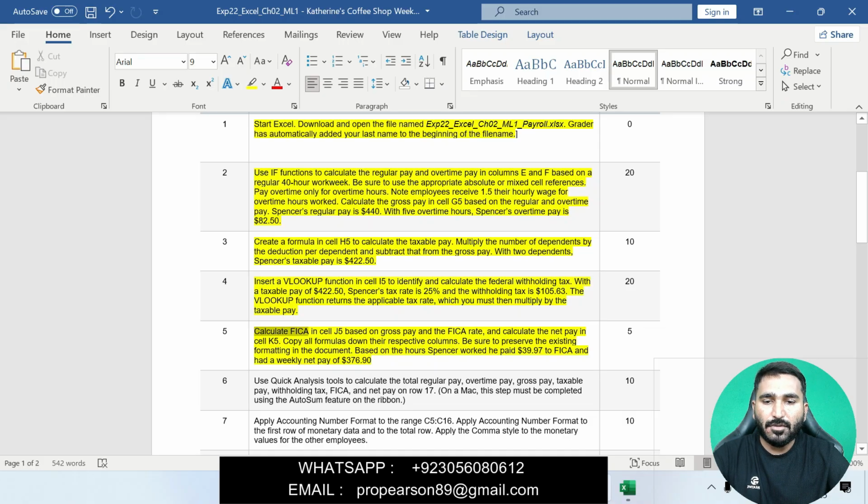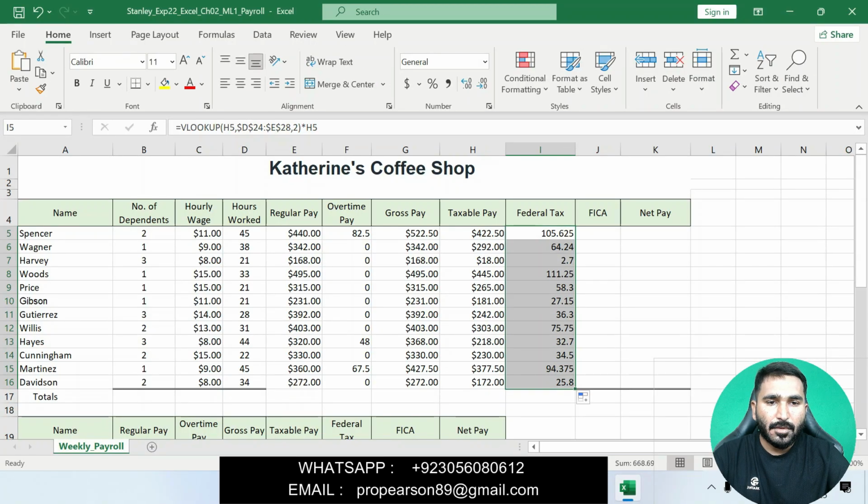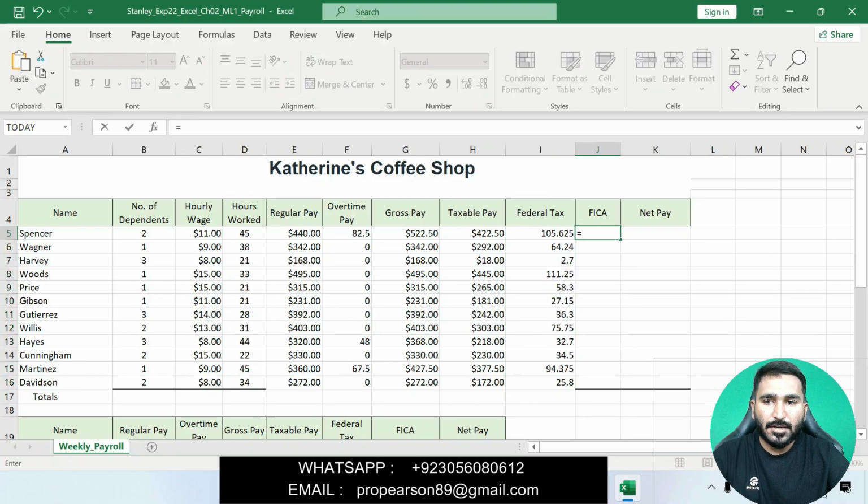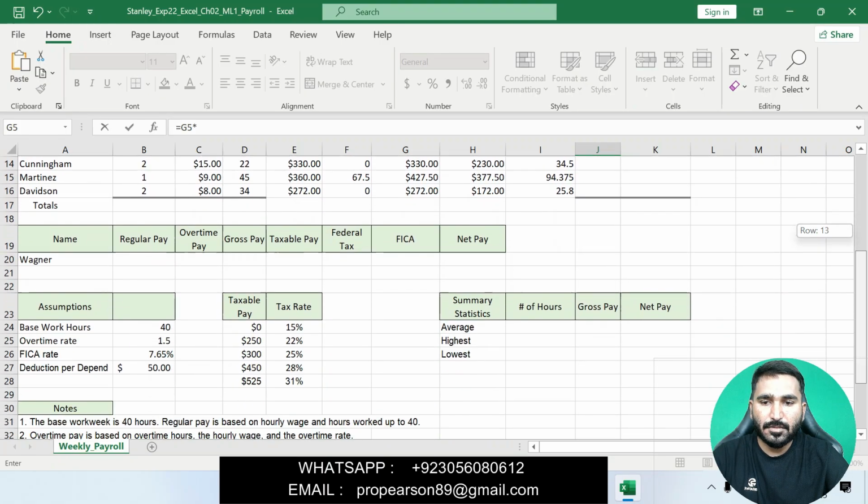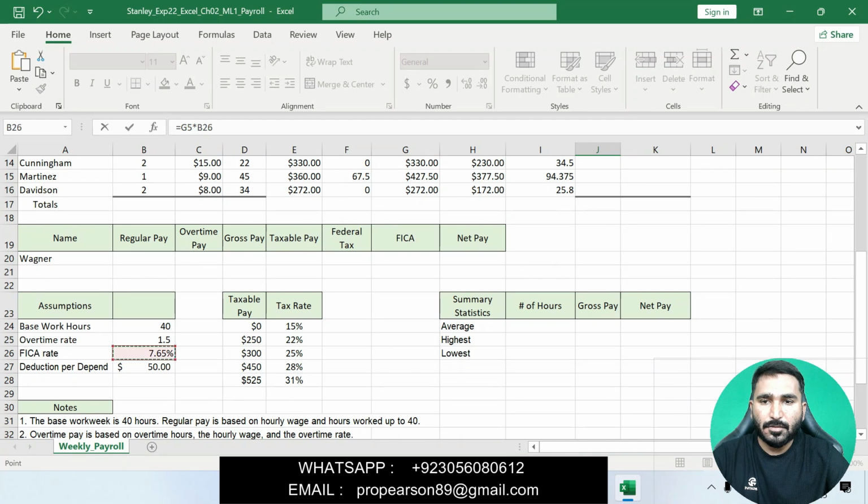Okay, calculate the FICA in cell J5. Is equal to G5 gross pay, multiplying by the FICA rate.